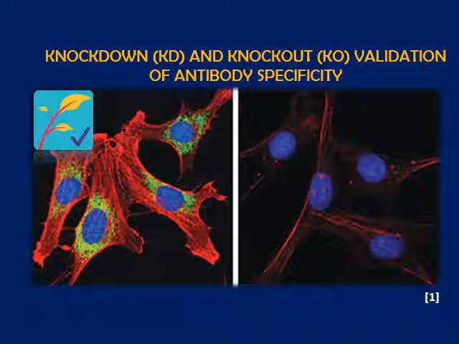Hello friends, antibodies are one of the most commonly used tools in life science and clinical research. In this video, we will see how specificities of these antibodies are validated by gene knockdown and gene knockout methods. This is the representative image of antibody specificity validation, and here the presence of intense signal is indicating the antibody